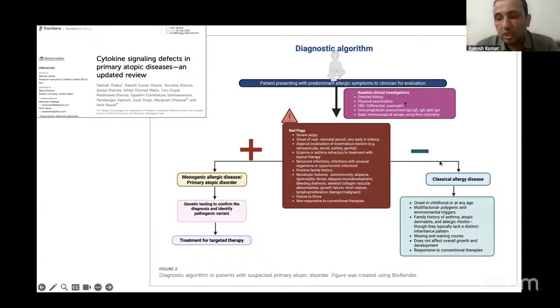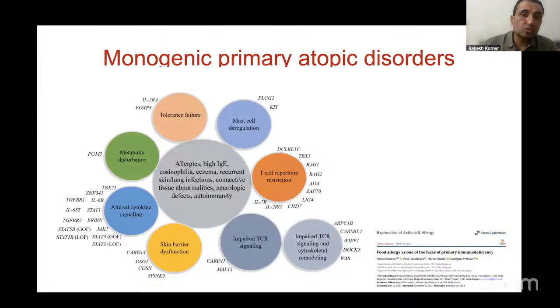Those who have classic allergic disease typically have onset in childhood or at any age, and it is typically multifactorial. They can have a family history, but typically allergic disorders will be there in the family history. Monogenic primary atopic disorders can occur because of several underlying pathogenic mechanisms, which include tolerance failure,